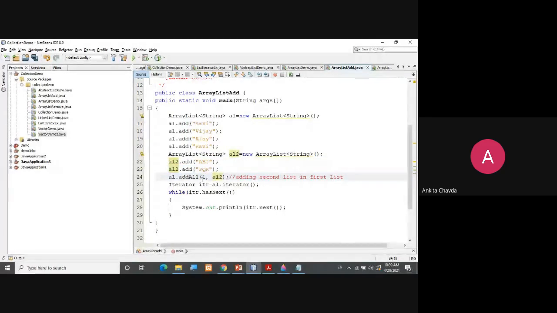So at the first index, the AL2 elements will be added to AL. Otherwise, if you are not specifying, it will always add at the last, after the third index, your ABC and PQR.